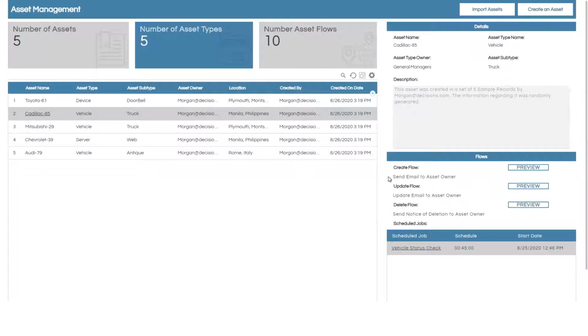The first 3 of these all operate on changes to an asset. So you have the create flow, which gets kicked off when an asset of this type is created. You have update flow, which gets kicked off similarly when an asset of that type is changed or saved. Delete gets kicked off when an asset is deleted. And then you have the different type, that is your scheduled flow, which works on a scheduled job. All of the first 3 kick off from actions and events,